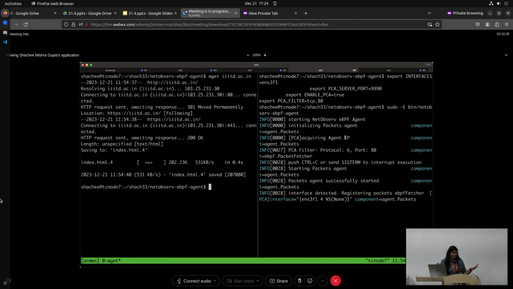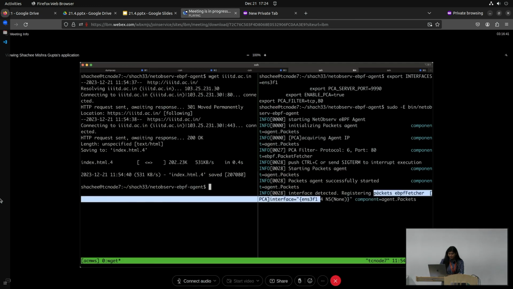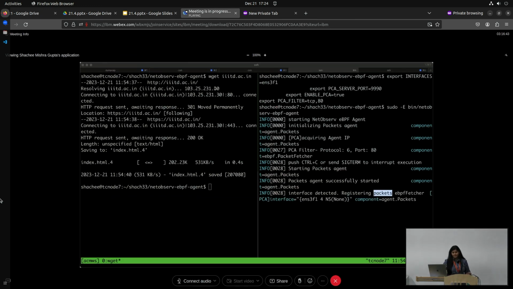Okay, so I did a simple wget. What wget does is it tries to download the website. Here it says that something happened. Now, if you look at my Wireshark window, where there was nothing till now, this has received some 10 packets, one of which, but my question here is, do you think that something like,